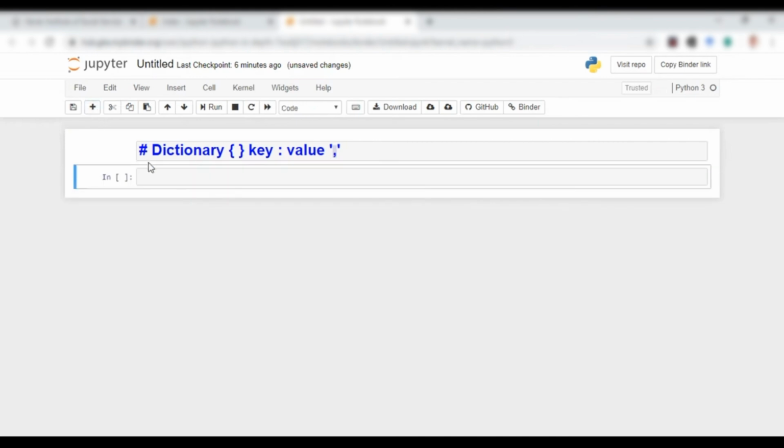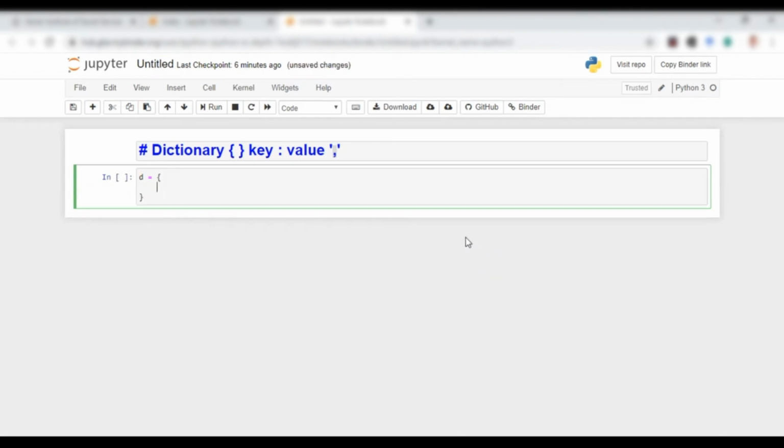We are going to declare a dictionary here. I say the dictionary is D. What do I need to do first? I need to open it with a curly brace. In Python, once you provide the opening brace, the closing brace is also automatically provided, which is a very good feature of Python. Here I am going to type first name. What is the first name? Let's say the first name of the person is